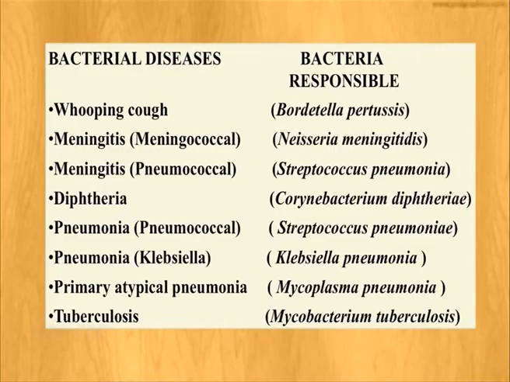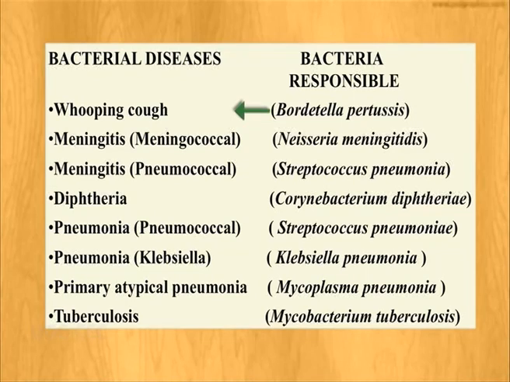Now, after knowing the respiratory etiquette, let us see some of the diseases, the bacterial diseases, which we are laying more stress on here. Here we have a list of diseases which are directly spread from person to person by airborne transmission. And the first in the list is whooping cough, which we will be discussing in detail today, which is caused by the organism Bordetella pertussis. We have several others in the list: meningitis, which can be of several types, pneumonia again can be of several types, and tuberculosis, not to mention, is very important, is also an airborne disease.